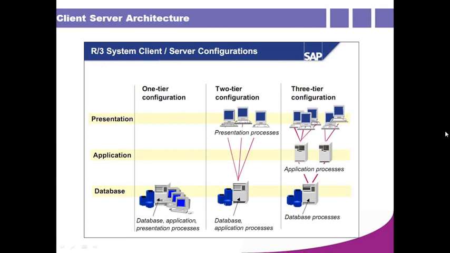Have you seen any 2-tier in a business landscape? Yes, 2-tier we will usually see, but it should be a high-end configuration with good RAM and more CPUs. Especially in a Unix environment, 2-tier we can also prefer because there is a separate logical host name concept. Because of that we can use this also. So 2-tier we can also use, but for better performance, 3-tier is recommended.